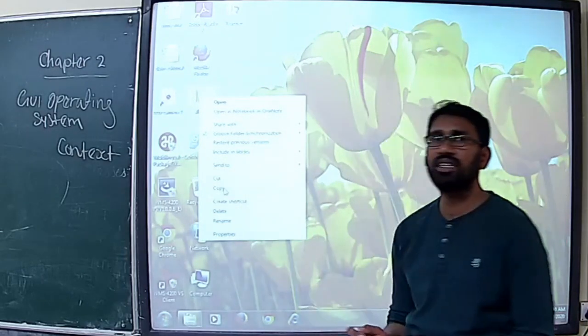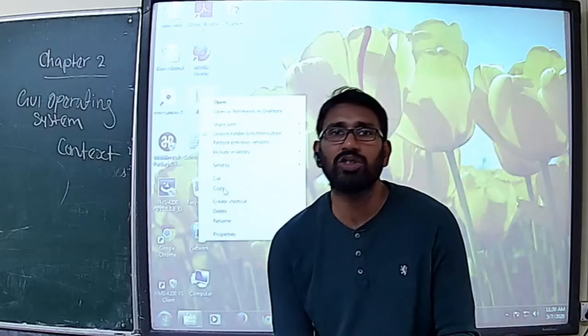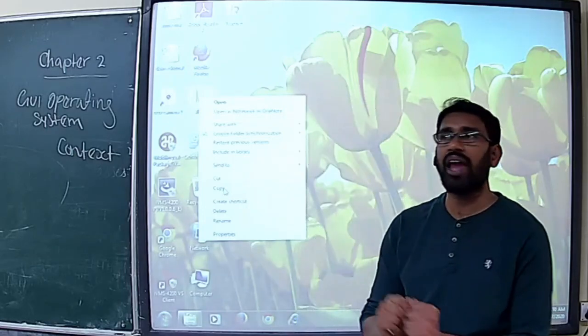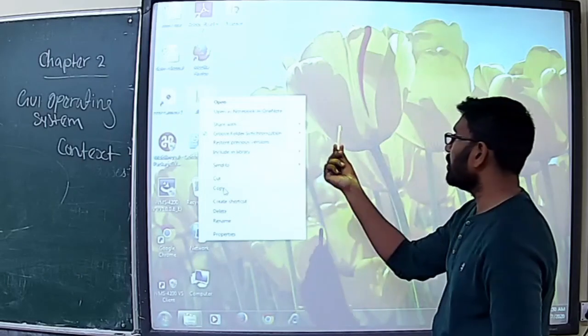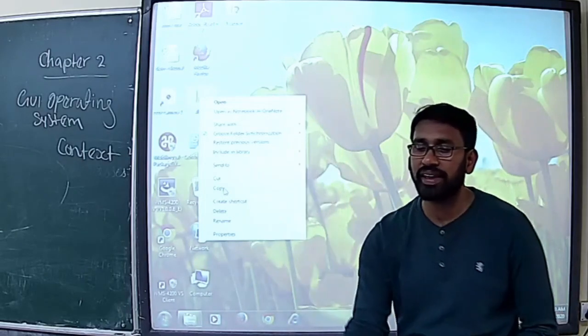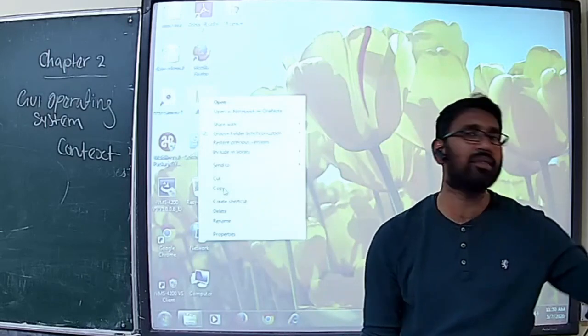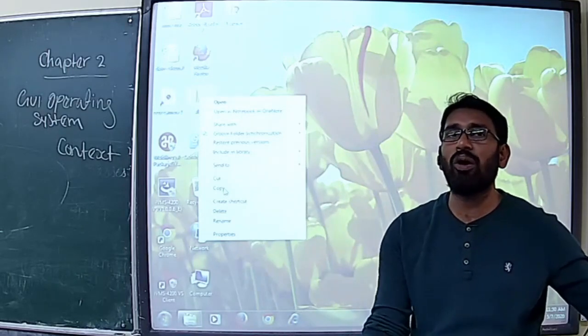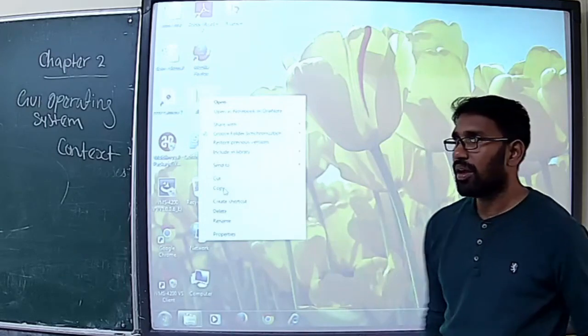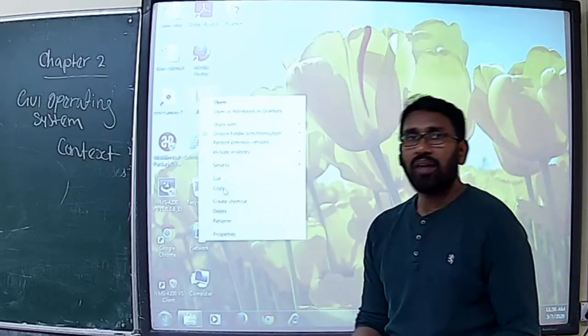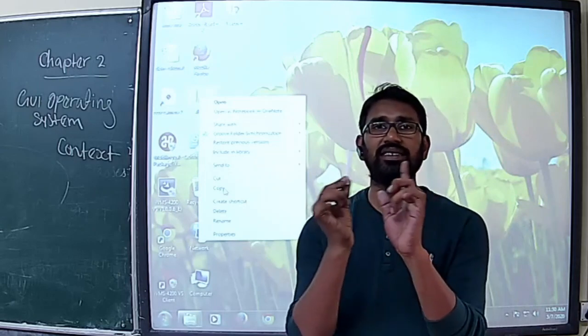Cut means take the file from the source permanently and move it to another location. For example, this is a chalk I'm taking from here and putting in another place. So in this place you do not find any chalk. Clear? That is cut.